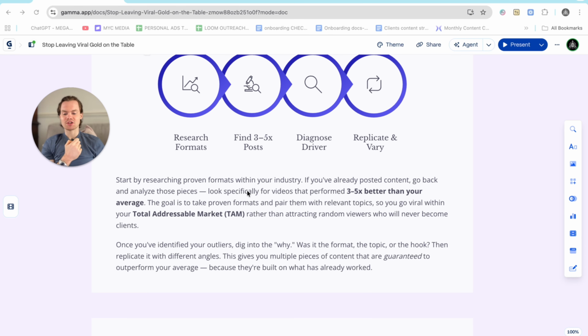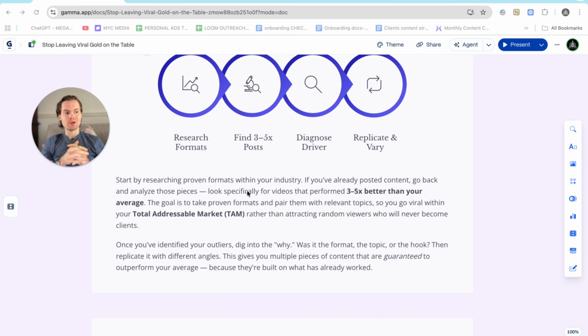So start by researching proven formats within your industry, okay? Or go outside your industry and find formats. Just literally scroll on social media, okay? Scroll on Reels for a bit if you have time, or get a team member to do this. Scroll and find formats that are performing super well. So for example, the tier ranking format's working super well. Take that right now, literally steal it from me and replicate that within your industry, and I guarantee it's going to be a high performing video. Okay, but just scroll, okay? See what's working, take that format and apply it to a relevant topic within your industry, okay?